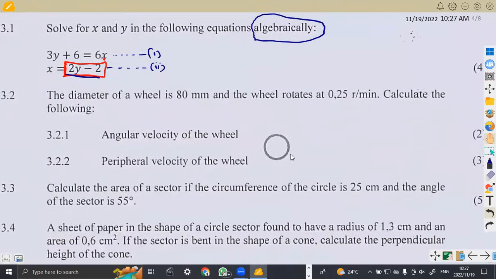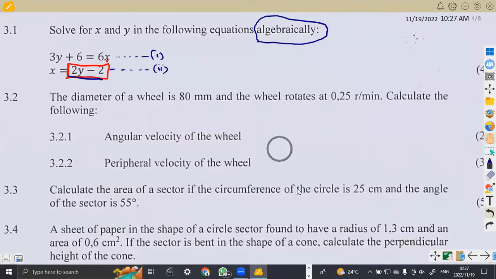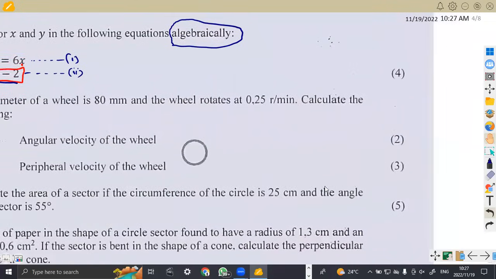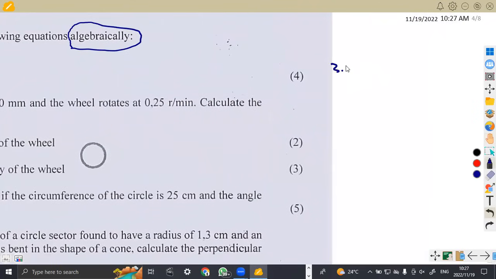The diameter of a wheel. We are given the diameter here of a wheel, which was 80 millimeters. And okay, let me just write it down. This is 3.2. Let me write it here. We are given the diameter, which is 80 millimeters, and the wheel rotates, that is the rotational speed,